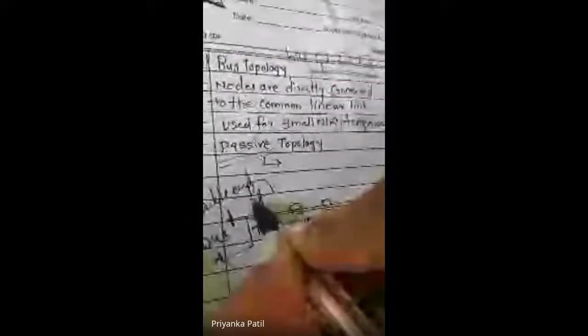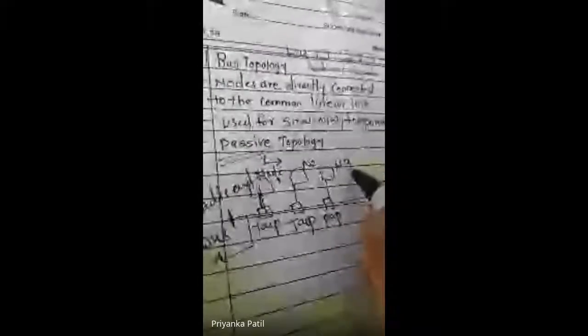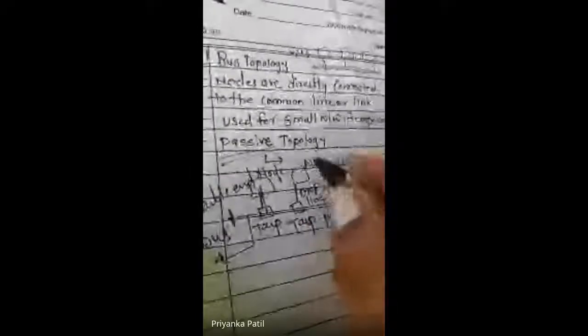Bus topology has a starting and end point, meaning the cable endpoints where the cable ends. Okay, this is your bus. With the help of this, we create or connect the nodes. Nodes mean the workstations. For example, this is node 1, this is node 2, and this is node 3. This is your drop line. With the help of this drop line, we connect the nodes with the tap and communicate throughout the network. This is the basic concept of the bus topology.